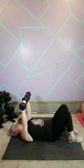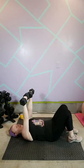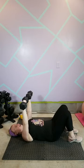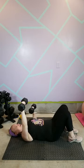Now we work the other. Again, plugging those shoulders in. You don't want them really rounded in and up. Really plug those shoulders down, which is hard for us. All right, other side. 12,